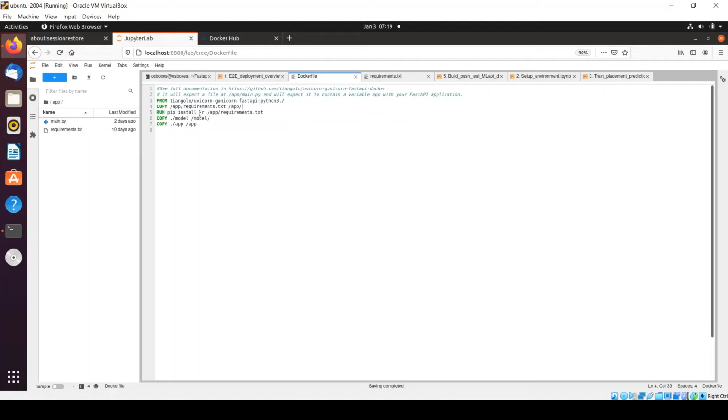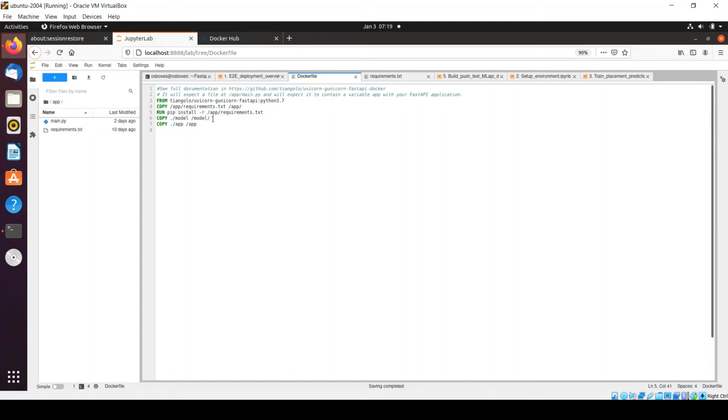So within the Docker environment, it will have details within this folder and we'll simply run it. After the execution of this statement, all the required packages will be installed within my Docker environment, right? So at this point of time, my Docker environment is ready for running any machine learning application.